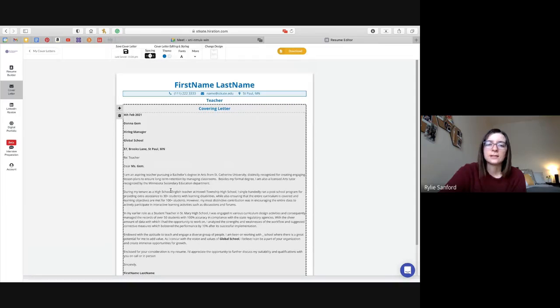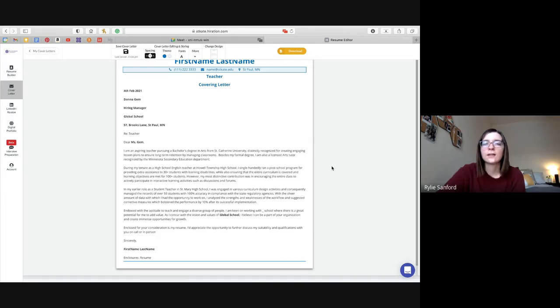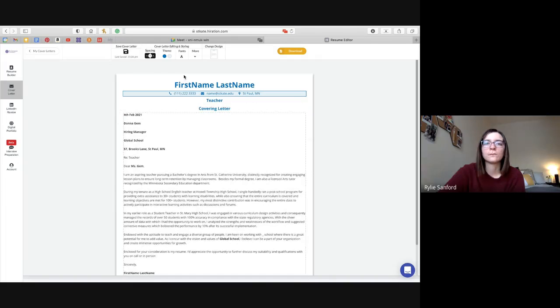And then as you can see, if you look within the content of the body of the cover letter, you can see that it is tailored to a teaching job. And like the resume, you can change the theme colors, you can change the font and the size of the font. You can also change the margin size and the spacing size as well.